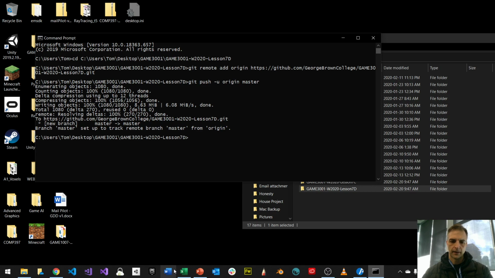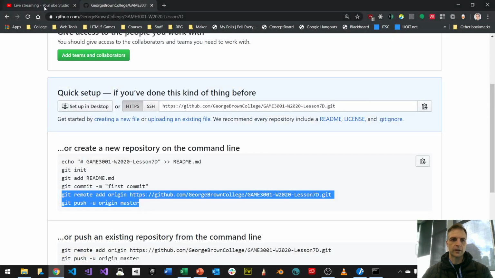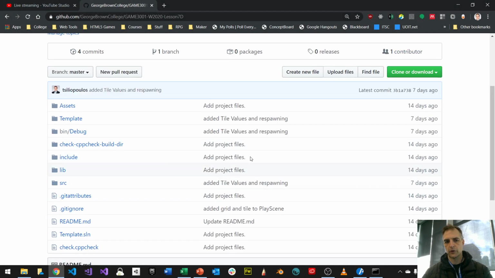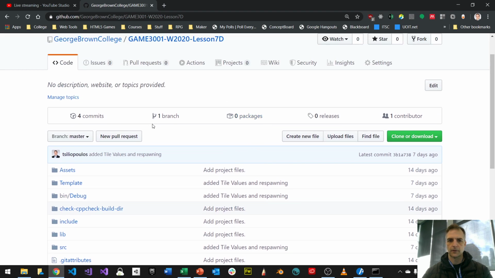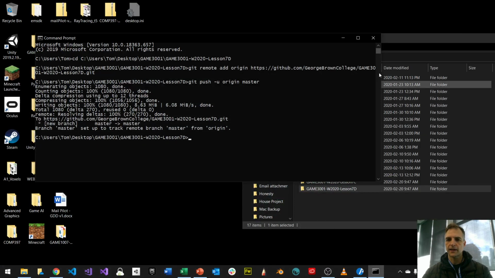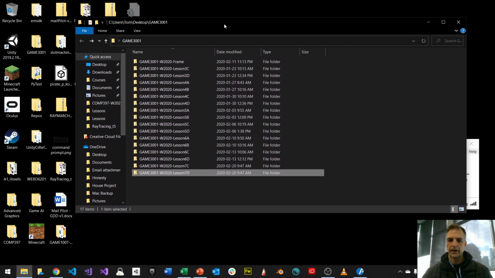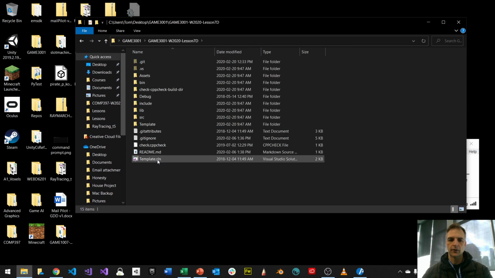There we go. So if I look up online now, we can see that here we're using this repo. We're just continuing from this repo. This is just called 7D for today. All right, so last time when we left off, we were able to create a grid for ourselves. So if you look at the grid,